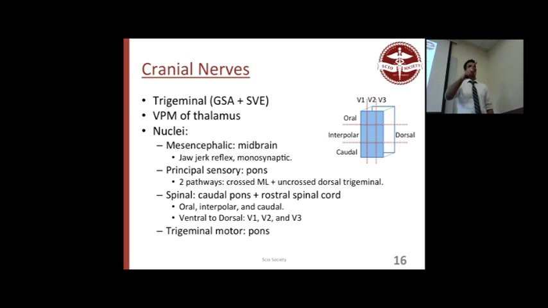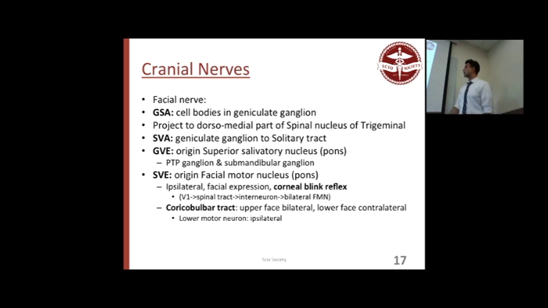So your corneal blink reflex is basically dependent on pain. So you touch someone's eye, it's painful, it's going to travel back to your V1, because you're ophthalmic, right? It's going to travel to your caudal or interpolar region, I think it's one of those, and then it's going to go from there and respond accordingly. Okay? Clear so far? That's basically it. Facial nerve,